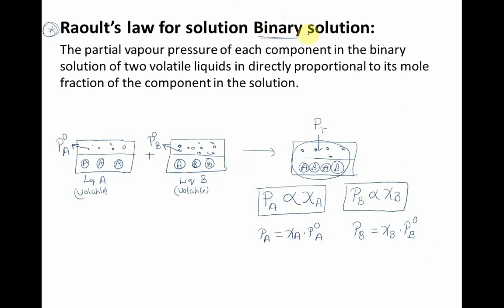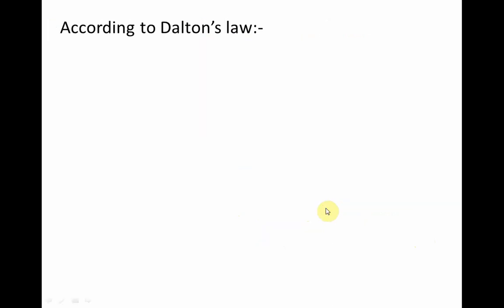Students, there are two questions they will ask in this solution: Raoult's law of dilute solution and Raoult's law of binary solution. So the definition of Raoult's law of binary solution is this: in a solution of volatile liquids, the partial vapor pressure of each component is directly proportional to its mole fraction. Please note it down. So according to Dalton's law,